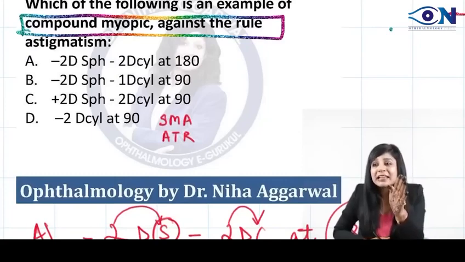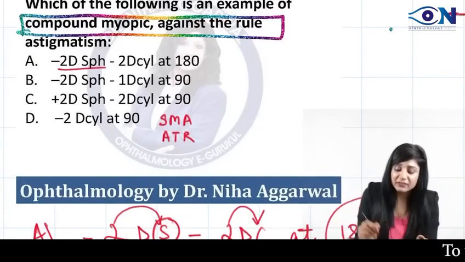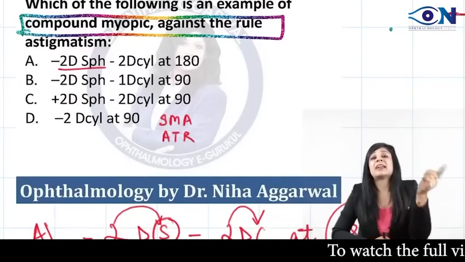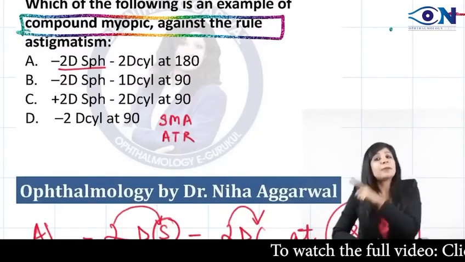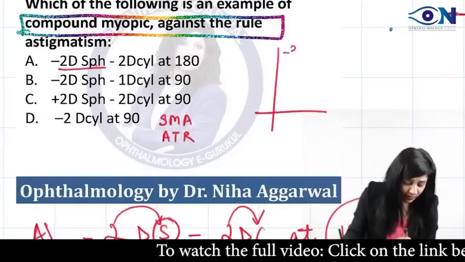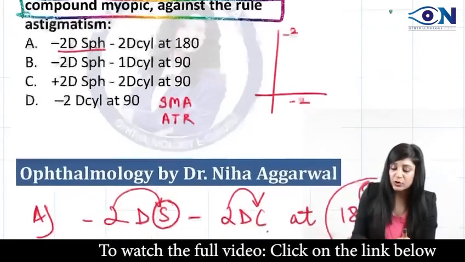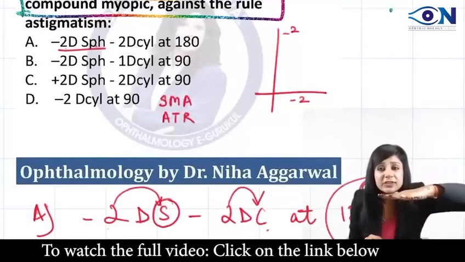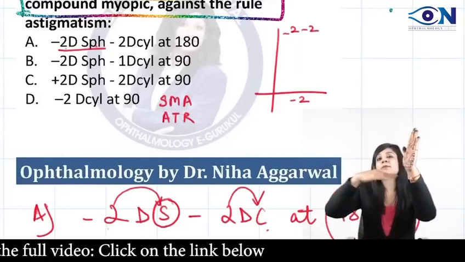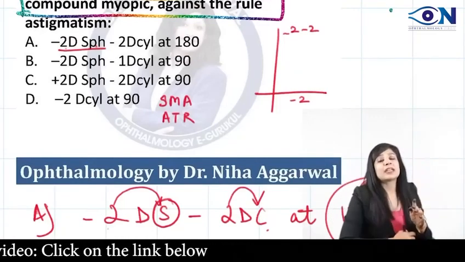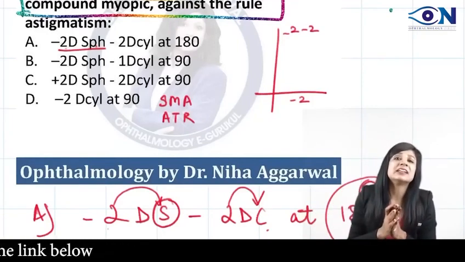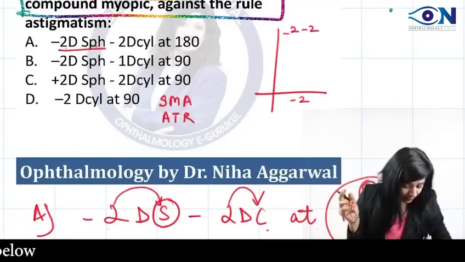Simple है. I am repeating this. Whenever you are having the spherical one, spherical will be equal in both the meridians and cylinder will be acting at a particular degree at the perpendicular axis. So if I am saying -2 spherical, so -2 will act here also and -2 will act here also. Cylinder, if you are giving at horizontal 180, then this will act at 90. So see, now you have got -4 and -2. Therefore, it is compound myopic astigmatism with the rule. And if horizontal is more, then you will say it is against the rule. So I think you have understood this.